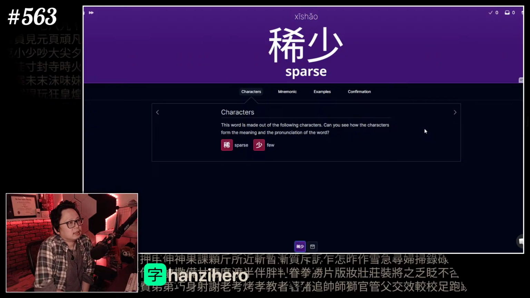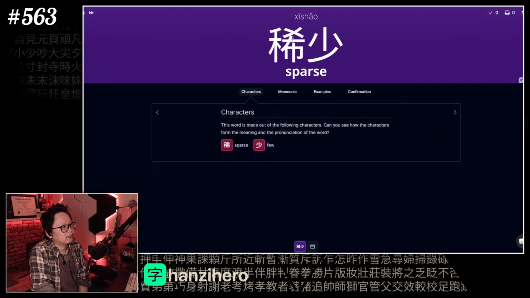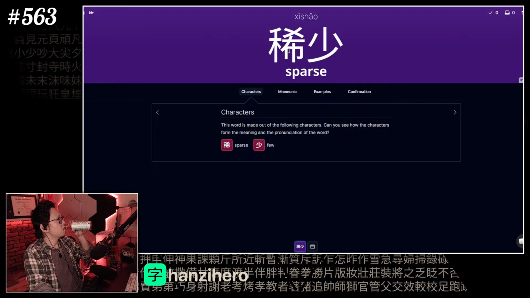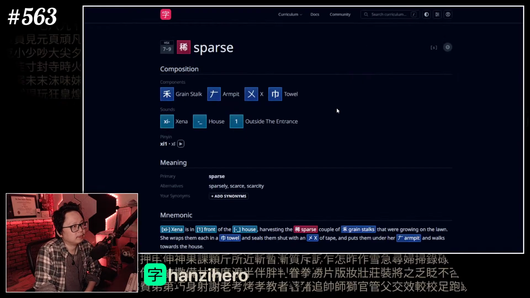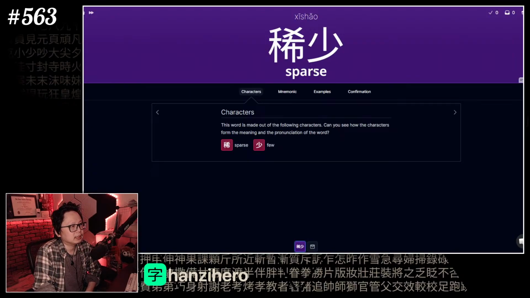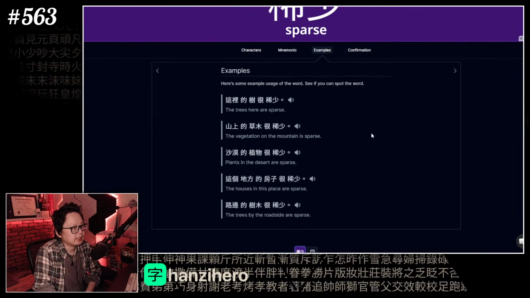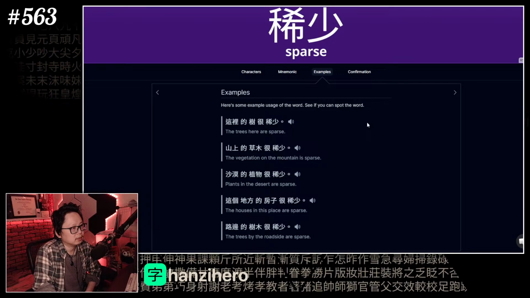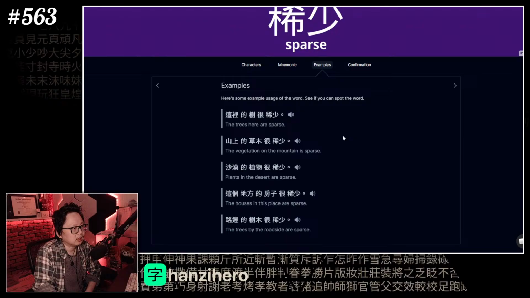稀少。什么稀啊? Oh, sparse. Oh no. It does look like 稀 though. The right is 稀 for wish, actually, or hope. Or expectation. And then sparse in hopes. Okay. And then 稀少, sparse. 这里的树很稀少。山上的草木。草木, right? Yeah, 草木很稀少。山上的草木很稀少。